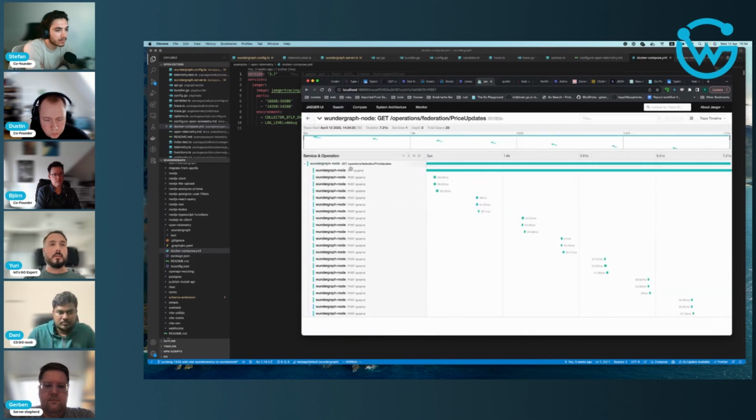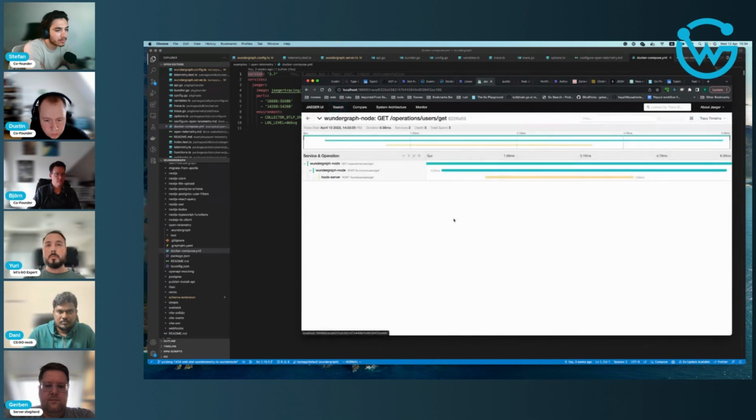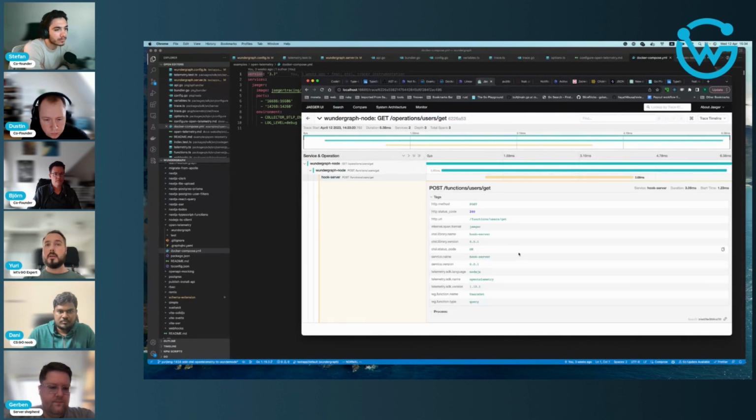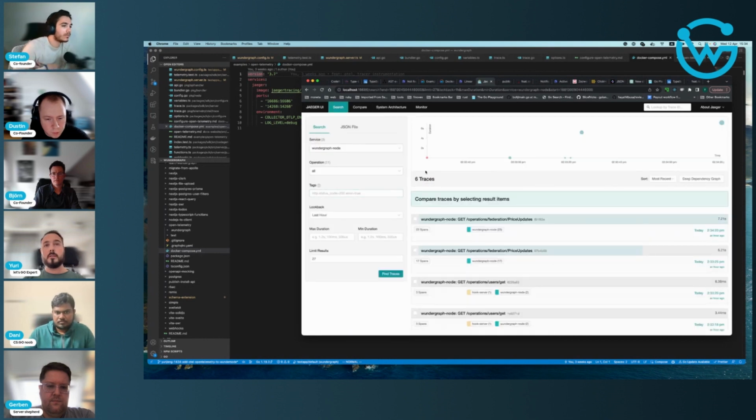Yeah, here is an example of a federation subscription. We instrumented the Wunder node, we instrumented our hook server, and we add custom tags, which depend on the particular operation. So we get the full picture of what's really going on inside your node, right? Correct me if I'm wrong, but we have instrumented the hooks, the origin calls, the incoming calls, and